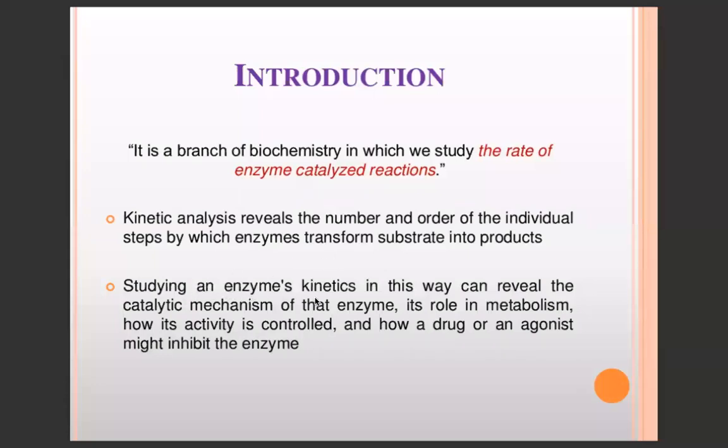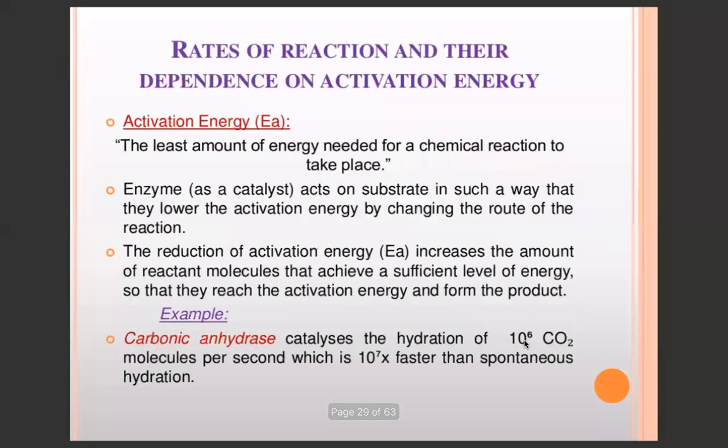Studying an enzyme's kinetics in this way can reveal the catalytic mechanism of that enzyme, its role in metabolism, how its activity is controlled, and how a drug or an agonist might inhibit the enzyme. For example,